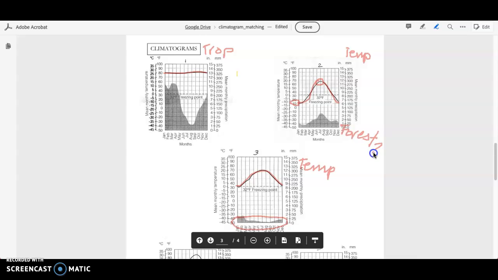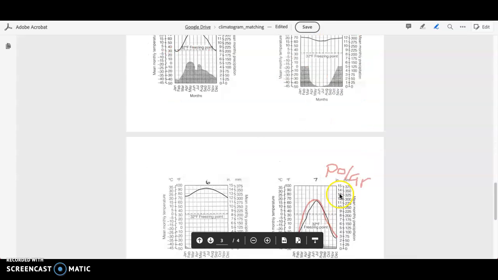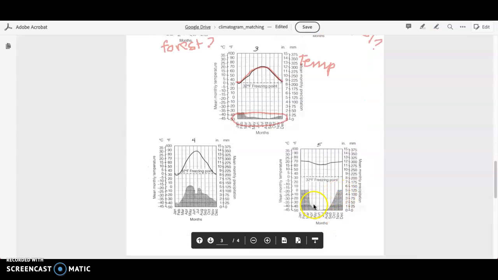I'll put a little question mark by that. Okay, and the same with this one. I guess I gotta grab my tool every time, which is kind of weird, but it's a good option. Okay, so maybe a tropical forest, maybe temperate forest, and I want to compare that over here